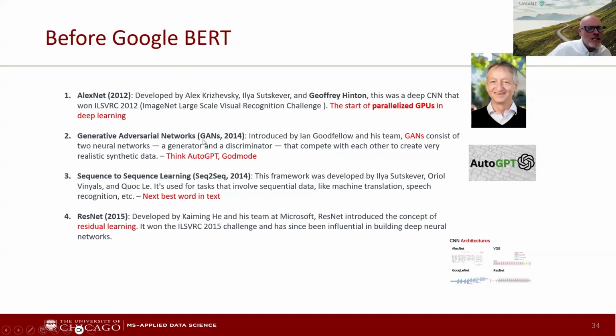But how did we get here? What are the little shoulders that took us from 2010 to present? And I got to speed up because I'm running long here, Jose. I'm realizing that. Well, really quickly, AlexNet. Who knows who this person is? Does anybody know who this person is on the right? If you've taken one of my classes, you probably know who it is. It's Geoffrey Hinton. Geoffrey Hinton is what's called the godfather of AI at Google. We owe all of our modern stuff to Geoffrey Hinton for the most part.